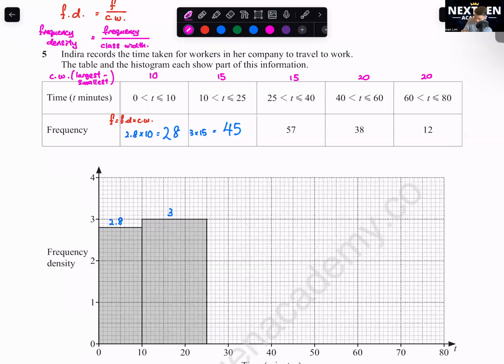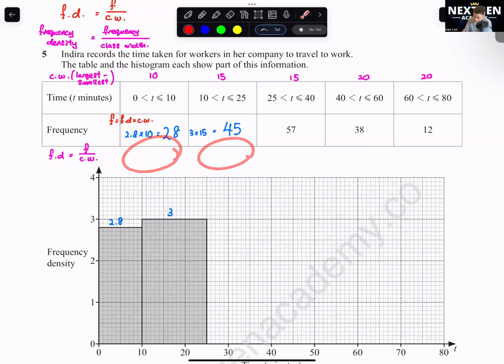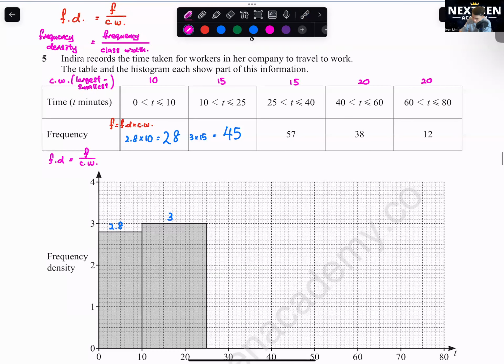How do I calculate frequency density? What's the formula? FD equals F over CW. These two they already gave us, which is 2.8 and 3. This part here, what's the frequency? 57 and 15. So 57 over 15,